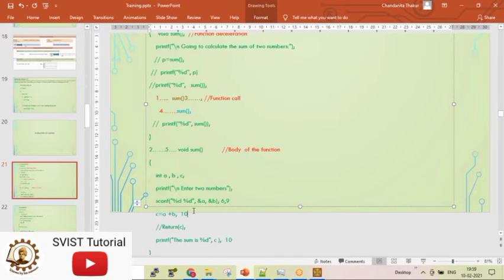So 15 will be calculated and 15 will be printed. Return void. Control will again come back here. I'm just drawing the control. So the 6th point of my control is here. Now, is there anything more to be executed here? No, nothing. So main is over. Once main is started, main should end.